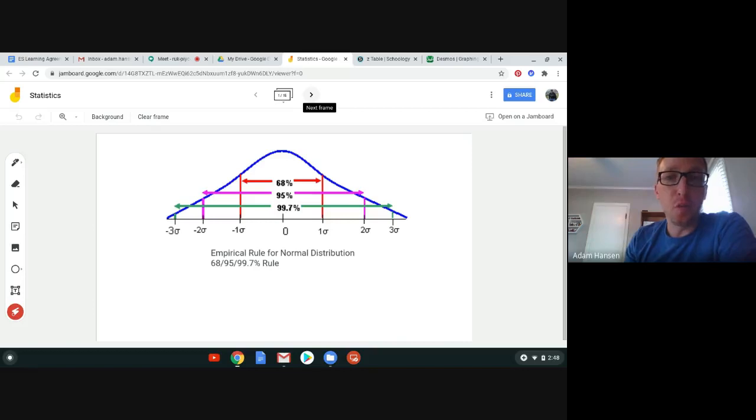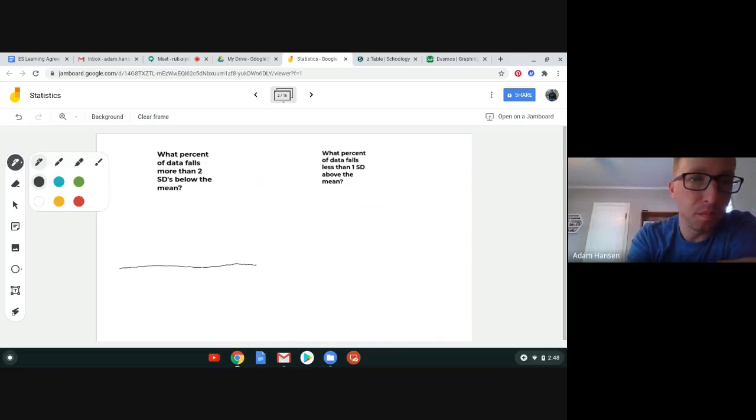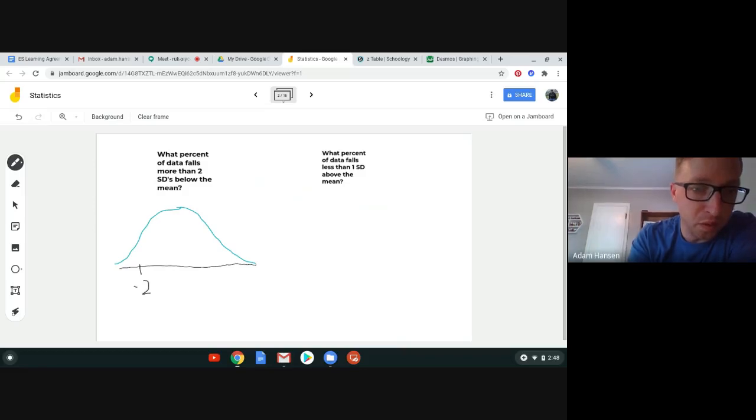All right, so let's answer a few questions based off this empirical rule, 68, 95, 99.7%. And the best advice I can give people when doing a normal distribution is to draw a picture. So for this first question here, what percent of data falls more than 2 standard deviations below the mean? So let's draw a picture. Here's -2, 2 standard deviations below. Here's +2, 2 standard deviations above. Within that range is 95% of the data,